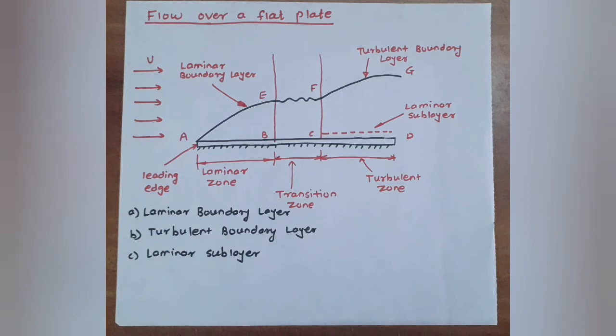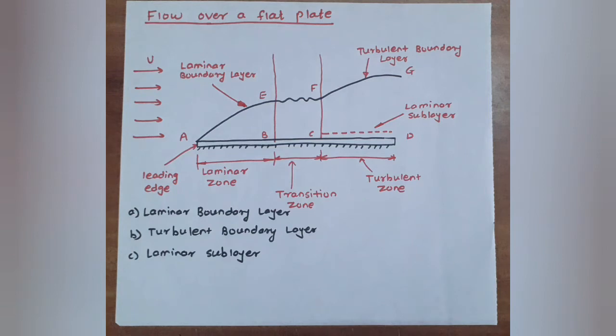But at a distance away from the plate, the fluid has a certain velocity, thus a velocity gradient is set up or developed in the fluid near the surface of the plate. The velocity gradient develops a shear resistance which retards the fluid. The fluid with a uniform free stream velocity U is retarded in the vicinity of the solid surface of the